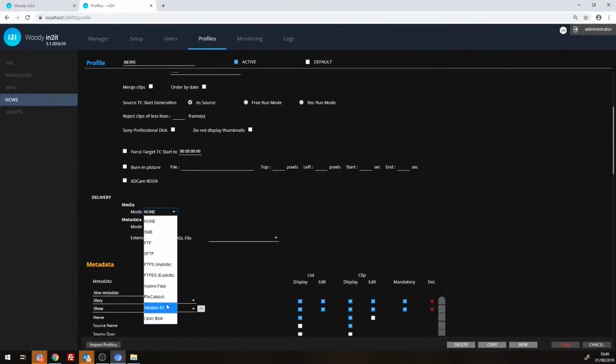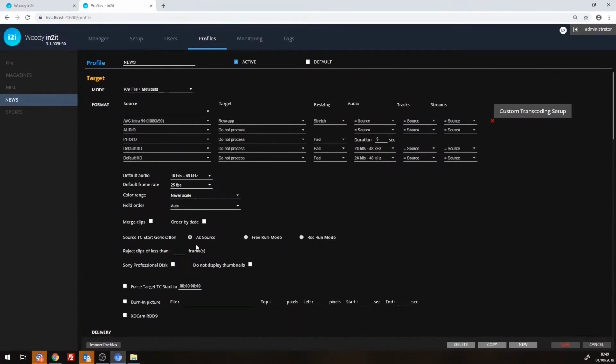We have a lot of remote ingest use cases with people using Woody in2it on the field, on laptops, or using Woody in2it in a local office of a broadcaster and sending content back to the main office. So for this use case, using the transfer acceleration technology or leveraging the cloud storage is very interesting to have very good performances. In this case of the AV file plus metadata mode, the media part doesn't really change, but